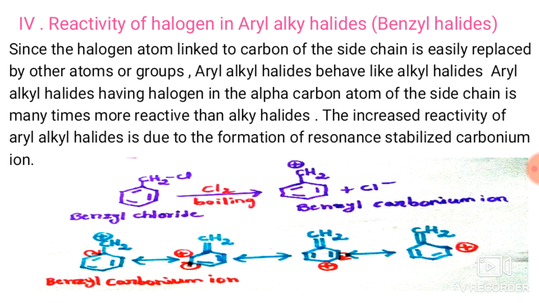Reactivity of halogen in aryl alkyl halides, also called benzyl halides. Since the halogen atom is linked to a carbon of the side chain, it is easily replaced by other atoms or groups. Aryl alkyl halides behave like alkyl halides. Aryl alkyl halides having halogen on the alpha carbon atom, that means the adjacent or neighboring carbon atom, of the side chain are many times more